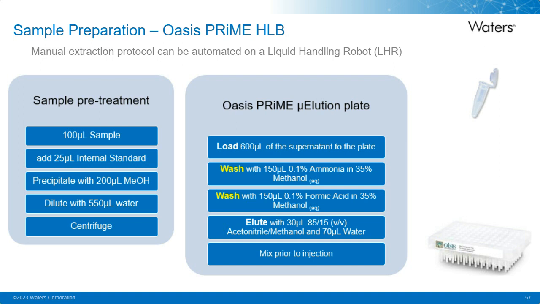What we're doing is we can use these two different washes at two different pHs to hopefully ionize or deionize basically anything that could possibly interfere with our analytes of interest. By changing the pH, we can make them more polar, so they're easy to wash off the sorbent. But since we're only doing it in 35% methanol, all of our compounds of interest, like our steroids, will stay behind. Then we can go ahead and elute with 85% acetonitrile and methanol and dilute it with water.